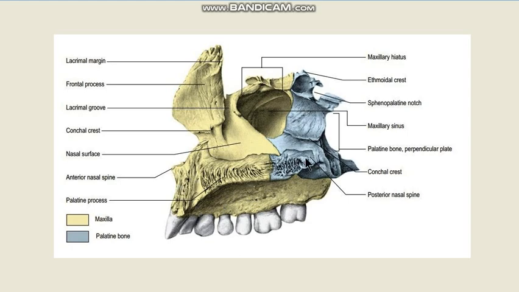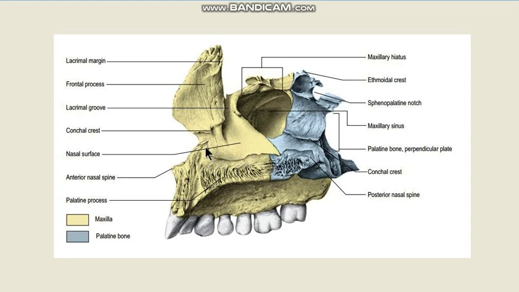And not only that, on the medial surface, for the first time you can see properly the palatine process. So you can see this is the palatine process forming the major part of the hard palate. A smaller part posteriorly, about the posterior 1/4, is formed by the horizontal plate of the palatine bone. Now this palatine process of the two maxillae, they unite in the middle to form a palatine crest,